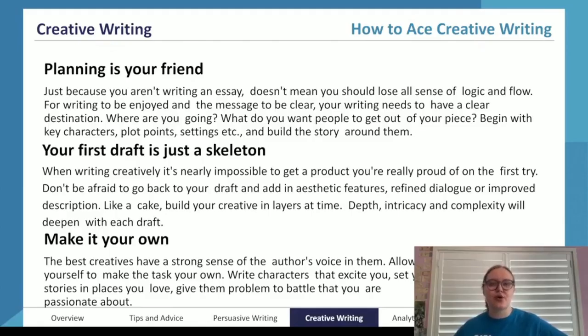It's really important to make it your own in the same way that you're far more engaged in watching a movie that you picked, that you actually enjoy. The same thing goes for writing creatively as well. So I encourage you to tackle and play around with concepts, characters, ideas, and themes that you're passionate about, that you find interesting, that you would want to read about or watch about or hear about. So write characters that excite you, set the story in places that you love, deal with problems that you feel like you want to find a solution to yourself. That will make the writing process far easier because you're emotionally invested in what you're writing rather than something that feels very far away and distant.